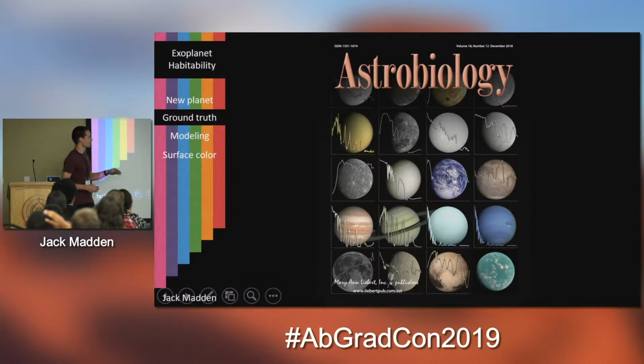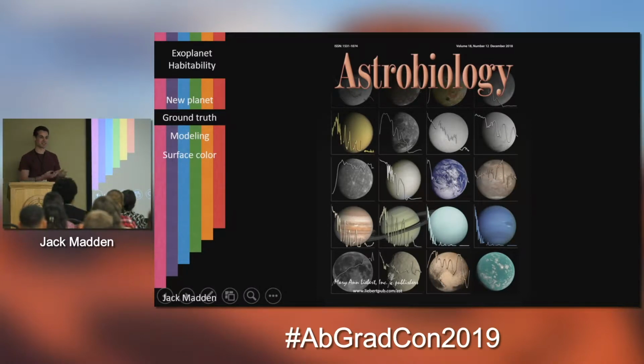So some of the earlier work we did was to actually look at our neighbors, stuff in our own solar system, to see what they'd look like as exoplanets. So we calculated geometric albedos for 19 different solar system objects. You have all the planets, some dwarf planets, a bunch of moons, to build this picture of what our solar system looks like. And then we used that to model what they would look like around other stars. And here's our